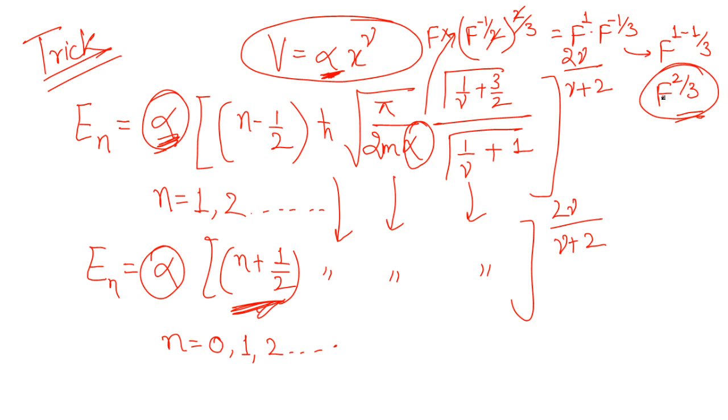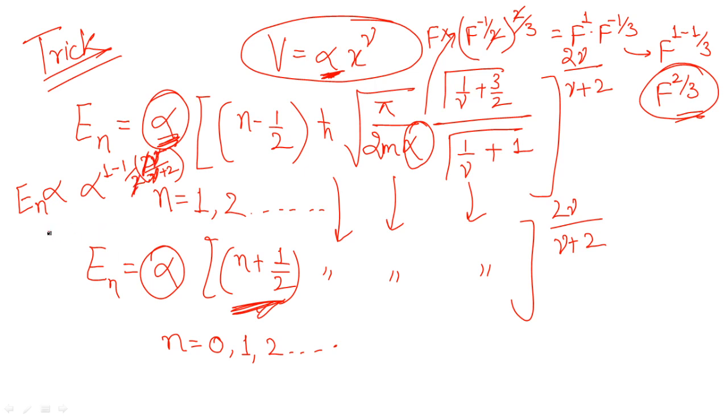One more very important thing I would like to tell you here: instead of writing the complete expression, if you want to separately prepare the dependency of the nth state energy on alpha, so En will be proportional to alpha to the power what? It's going to be 1 minus half, and then here you are even going to have the power 2 nu. So 2 nu and nu plus 2. I have mentioned all the overall power here. 2 cancelled out, not nu cancelled out. 2 cancelled out. Nu will remain as it is.